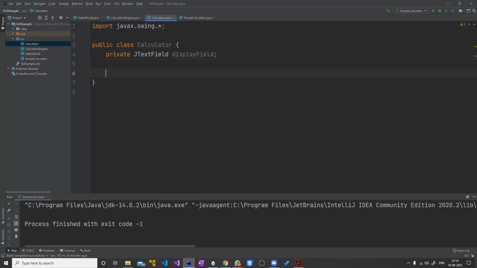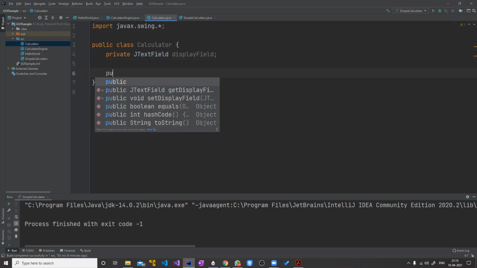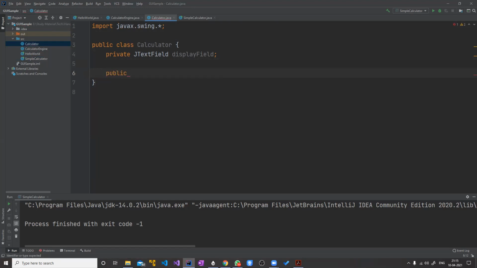What are setters and getters? Because this is private, how do we set data to this and get data from this? For that we have to write setters and getters.